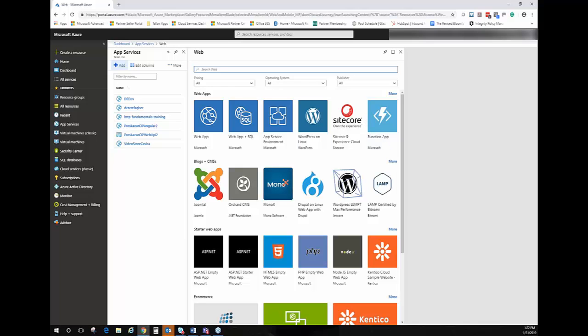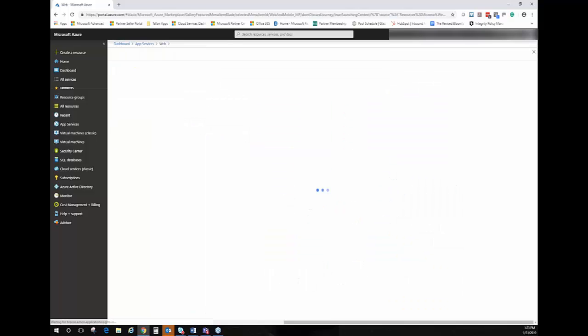So a lot of these things are different companies that have their software product, and it's built into the fabric of Azure. It's saying, hey, instead of getting a virtual machine and installing all of this stuff on here, we're going to spin you up a WordPress site behind the scenes, and you're just going to have to worry about the WordPress. You're not going to have to worry about the virtual machines or anything behind it. Same thing with Joomla, Orchard CMS, all of these different things we can do. So just for simple purposes, we're going to talk about a web app,